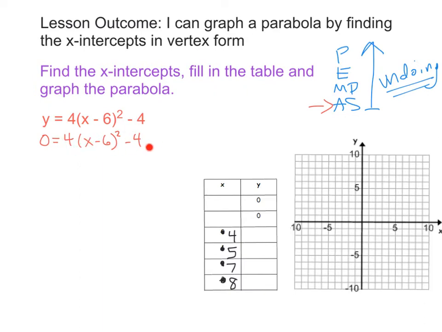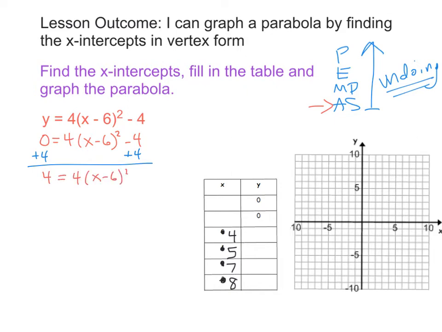We need to undo it all, but we can't undo this minus 6 here by adding until we get to the parentheses stage. So the adding right now is this adding of 4. So we're going to add the 4 to both sides of the equal sign. And when we do that, we're going to get 0 plus 4, which is 4, equals 4 times x minus